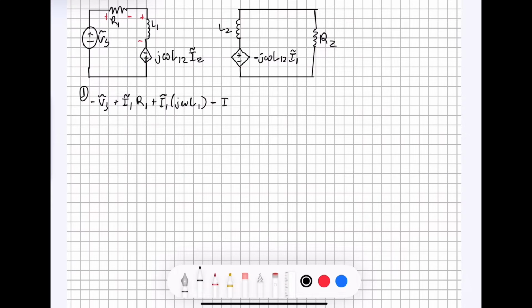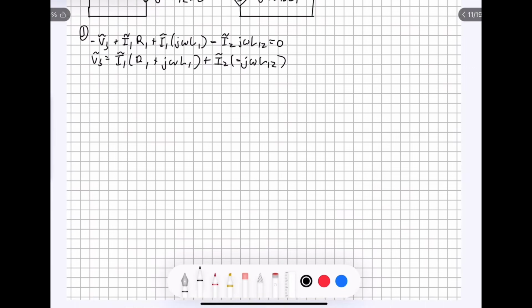I'm just going to move the current to be at the beginning for consistency. So I tilde 2 J omega L1 2. And we know that all of that is going to be equal to 0. We can rewrite this as V tilde S is equal to I tilde 1 multiplied by this whole value plus I tilde 2 multiplied by negative J omega L1 2. And the reason why we wrote it in this form is going to be obvious once we've written the second